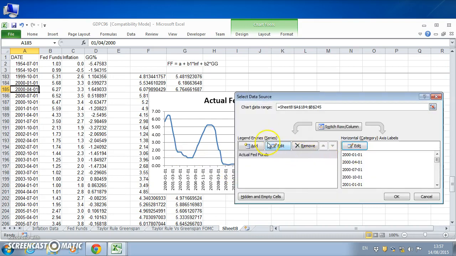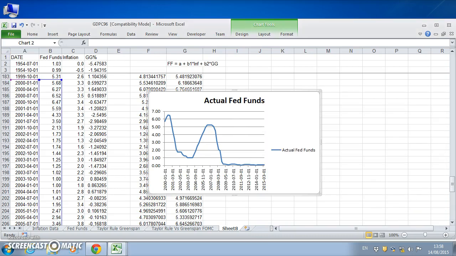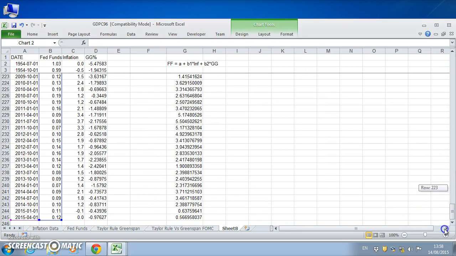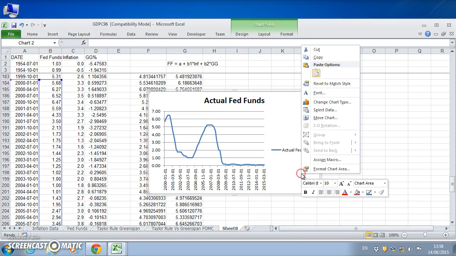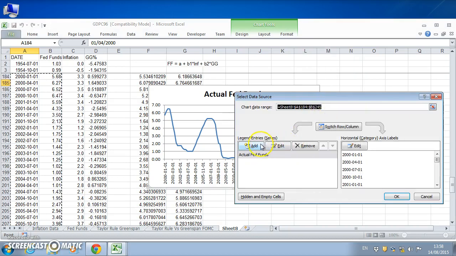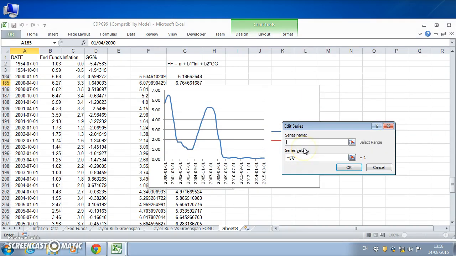And then we compare that against the Fed funds rate. So we'll just hit that and maybe come down again. And okay, select data